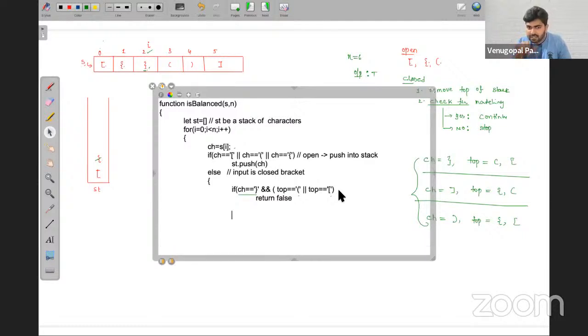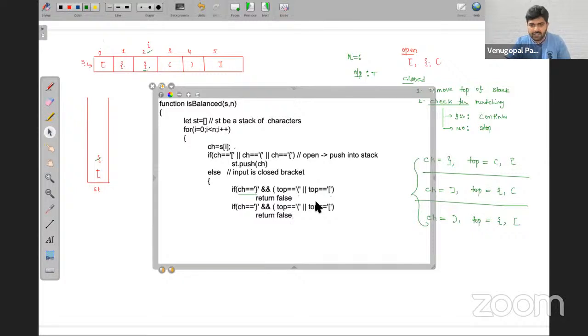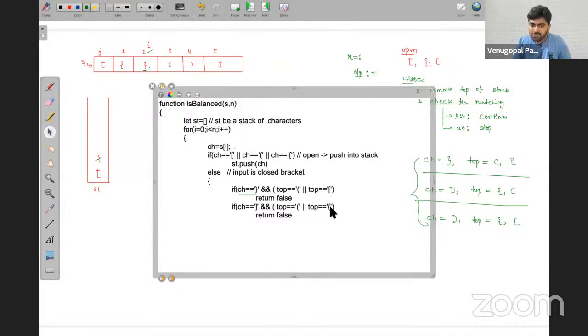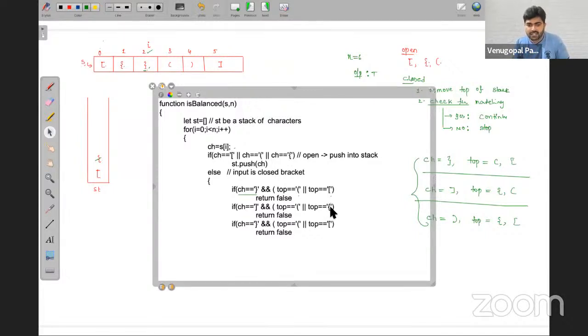If this is one case, similarly, what about the next case? I'm copy pasting same thing. So the next case will be, for example, if your input is, let's say, open closed bracket, then see the topmost two things, either this one or this, then also it is a mismatch. In that case also you should return false. Then what is the next case? If your input is, let's say, closed this one, then what you are supposed to do?